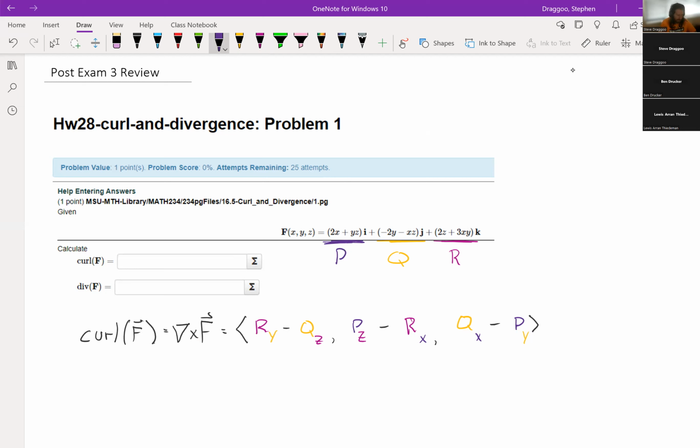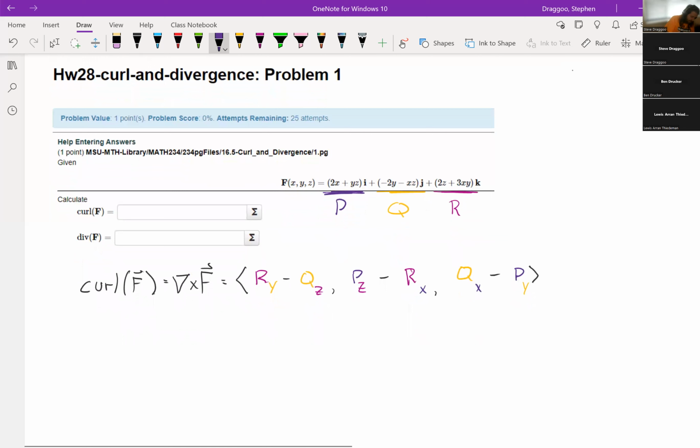What I mean by that is that the X component of the curl does not have any of the X components of F. So it does not have P, which is the X component of F, nor does it have any partial X in there. Because it's in the X position, it has all of the other variables. So if I wanted to go through and calculate this curl,